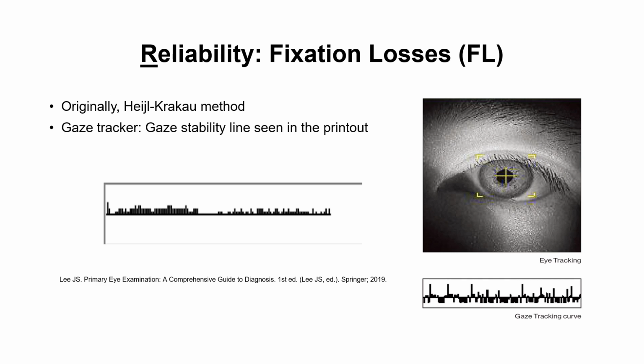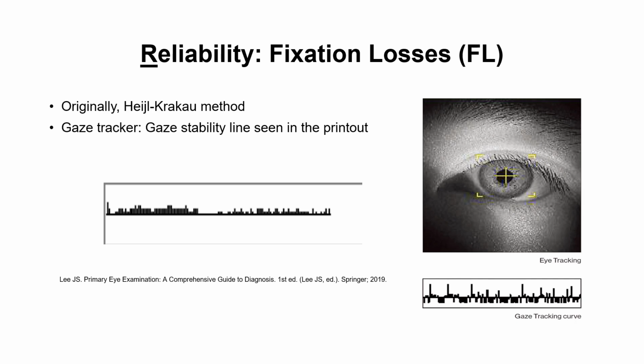As we said, the original method was the Heijl-Krakau method, where they present a stimulus at the plotted blind spot mapped in the beginning of the test. However, the main drawback is that if you incorrectly locate the blind spot at the beginning of the test, this will increase the fixation losses falsely, and it will appear that the test is unreliable. So what Humphrey Visual Field did, they use what we call a gaze tracker, where they use infrared light in order to check the gaze stability